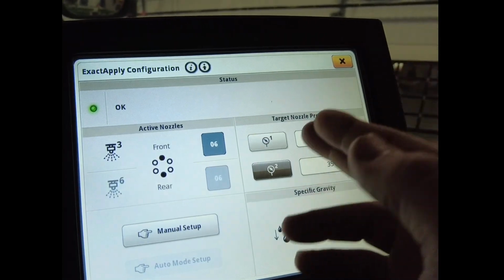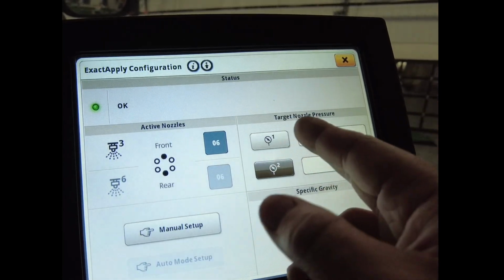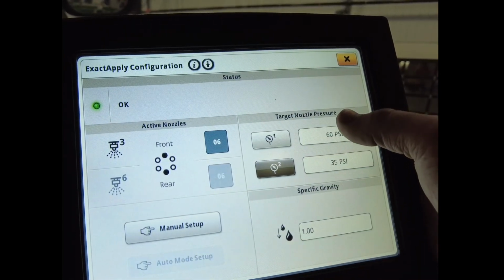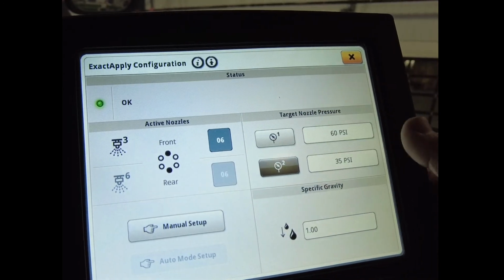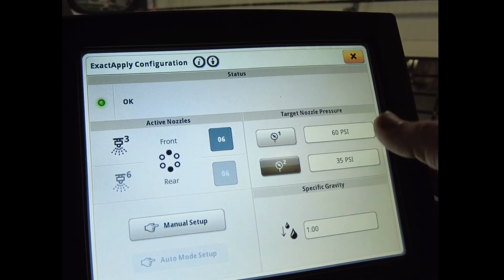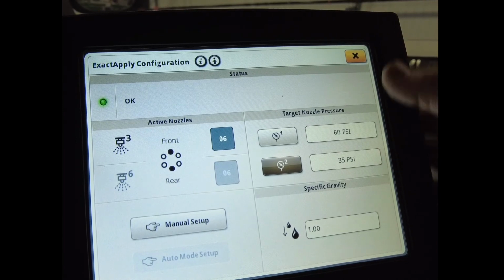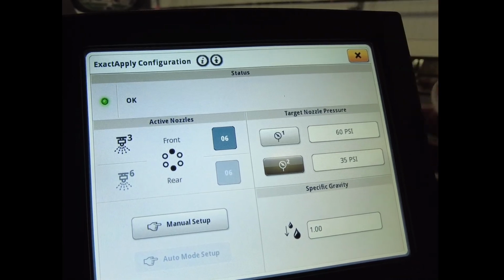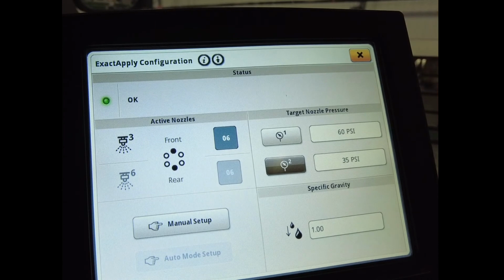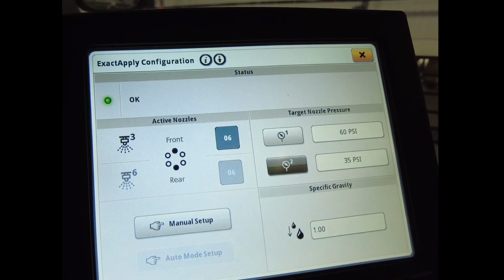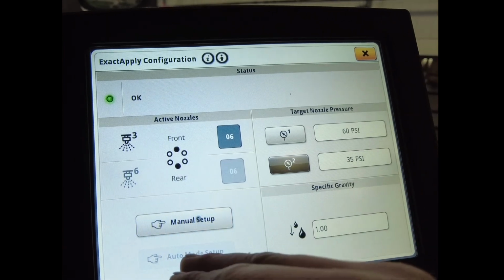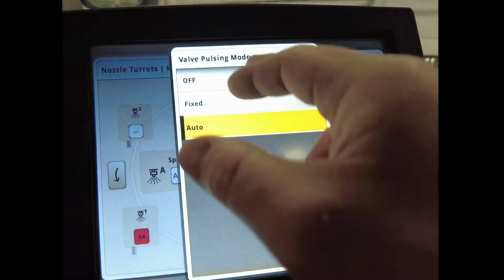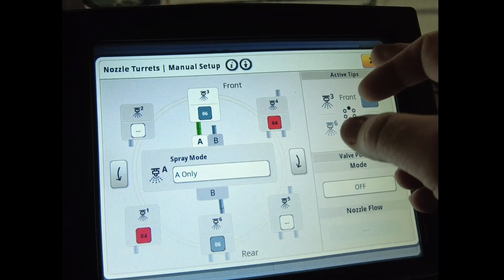And if you go back to here, we can go and we can set our target pressures, and we can set that on our screen so we can toggle back and forth between them. Say if we're next to a tree row and we want to drop our pressure down so we don't get as much fine mist, we can change that from a low pressure to a high pressure, or the other way around. And then if we go back to manual setup and turn our auto to off and go back out,